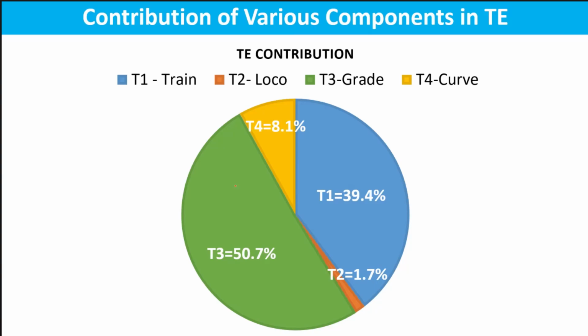This is the main outcome, so that we can feel which component is hindering the passing of our bridges, clearing the substructure. Here we can see the train component is 39%, curvature is 8%, loco component is only 1.7%, and T3 is a great component